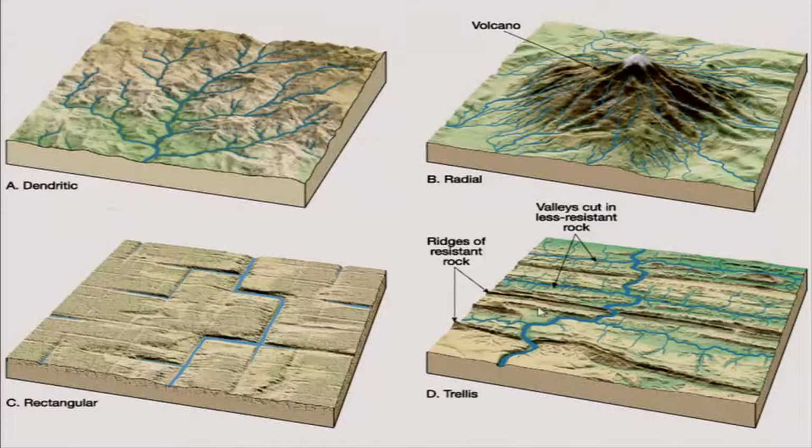In the trellis pattern, the main stream is flowing across the resistant rock, the folded ridges, and this terrain is mainly sedimentary. Then in the less resistant rock in the valley area, we have basically the parallel drainages which are joining